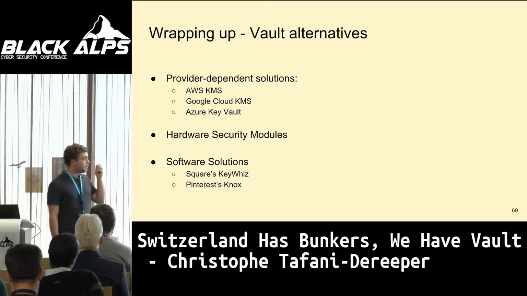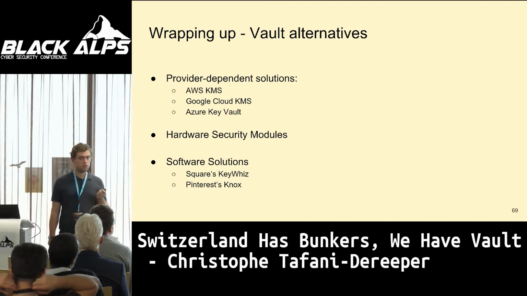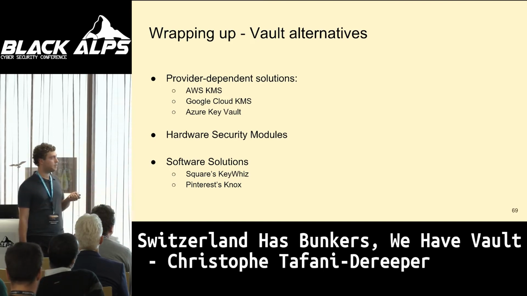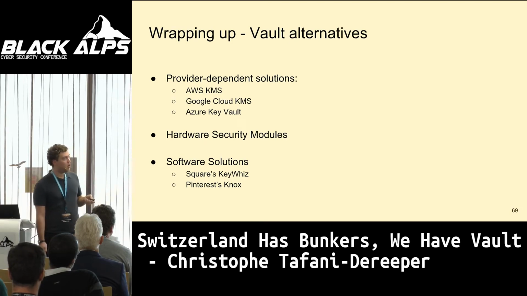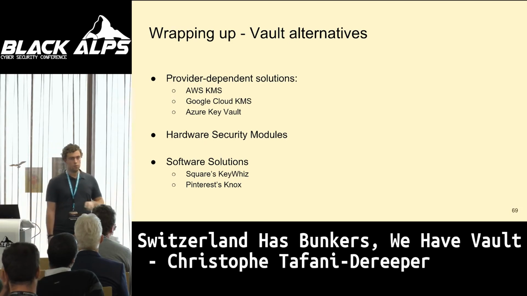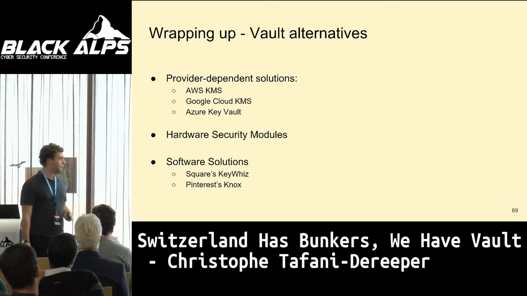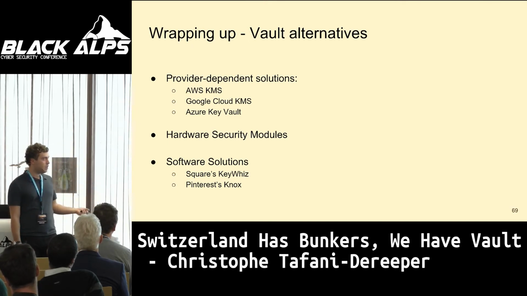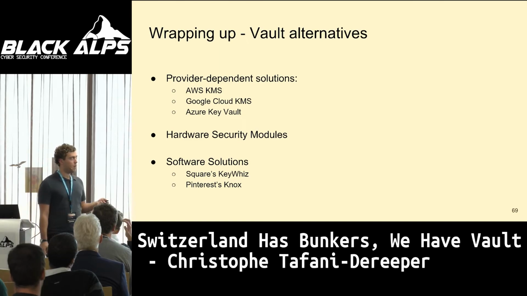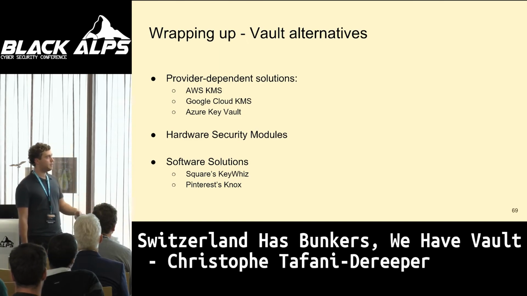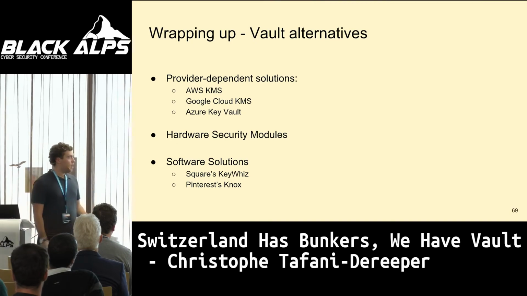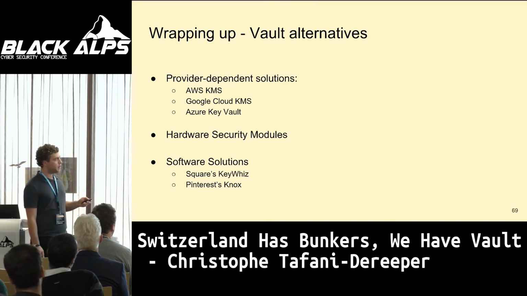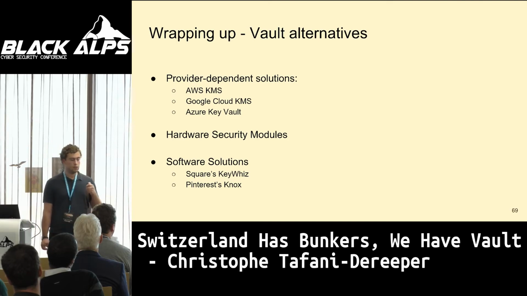So some alternatives. There are some provider dependent solutions, things like Amazon KMS, Google Cloud KMS, Azure Key Vault. Most of the time they are good solutions, but obviously you have the risk of vendor lock-in, as was outlined this morning. If you use that in your applications, it means that it's hard to move to another cloud, because if your application is deeply integrated in AWS KMS, then it's hard to move it somewhere else. And also, I don't think this provides things like dynamic secret generation for other things than the platform they are in.